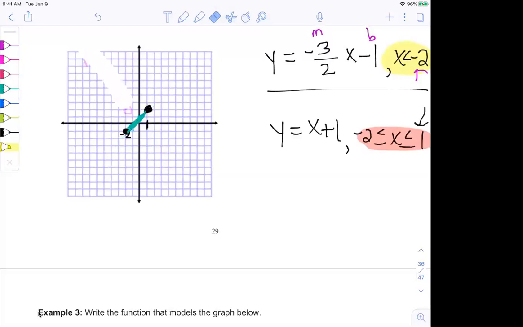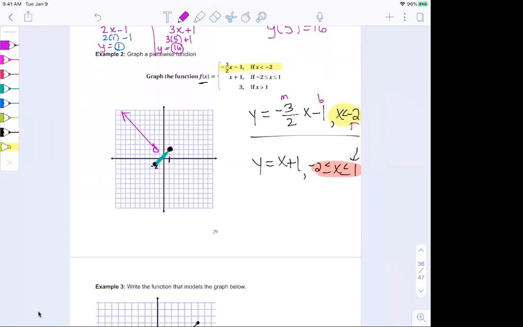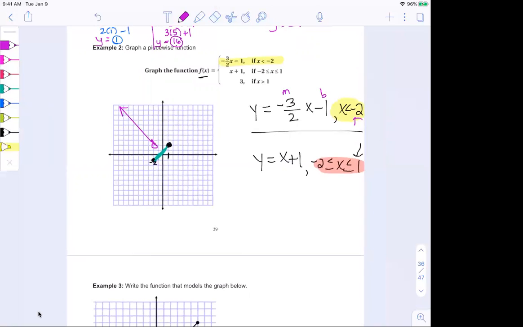I'm going to redo my first one because it looks pretty crappy. There we go. That's a little better. So now I have 2 pieces. I have the part on the left where x is less than negative 2, and now I have this little piece in the middle here from negative 2 to positive 1. But there's one more piece, and that last piece is just the number 3. That still means y is equal to the number 3. And this says when x is bigger than 1.